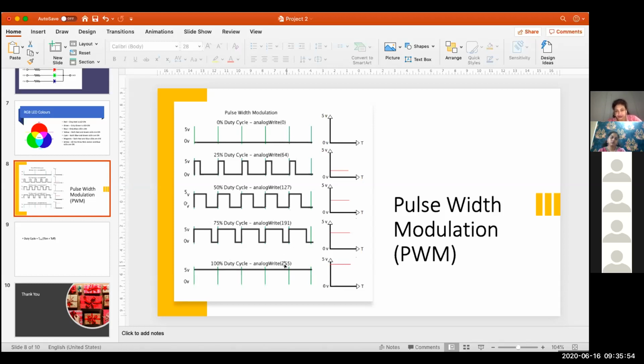And when I write different values on these analog PWM pins, I'm actually varying the voltage that is produced by the PWM pins. Those PWM pins ultimately are connected to the RGB LED. So if I vary the voltage, definitely the brightness of the LED also will vary. Yes, ma'am. Right.